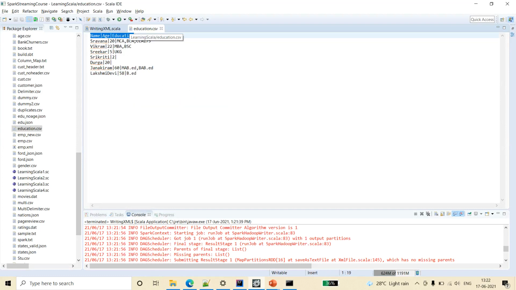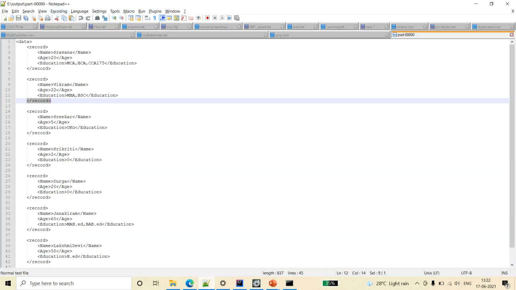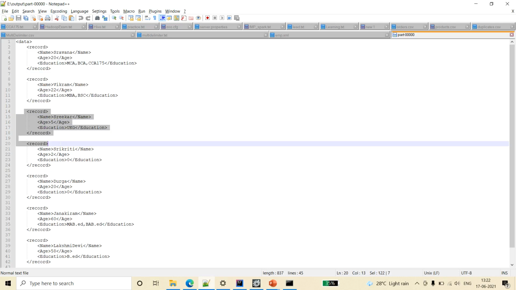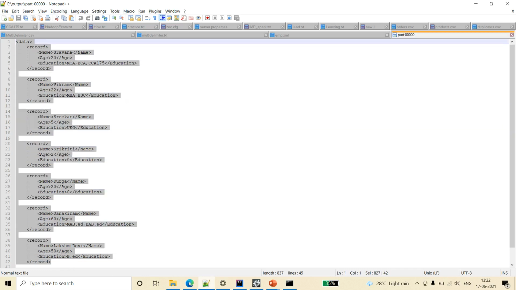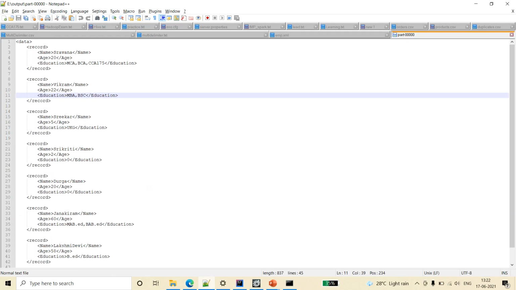In the education.csv, however many rows there are, for each row it has created a record, and in each record it has three columns: name, age and education. So this is the way we can read a CSV file and write it as a XML file.